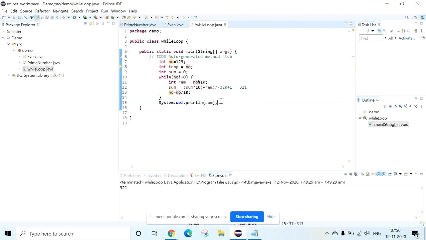Then I want to check over here: if temp equal to sum, then it is a palindrome.